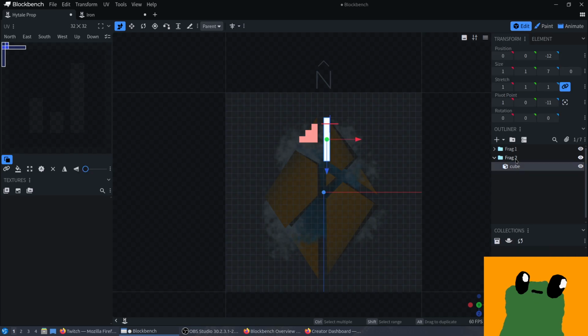I meant to then add an element to frag 2. There's probably a default somewhere in the settings that I could switch to, the words escape me, default sizing, so that every time I add a new element,